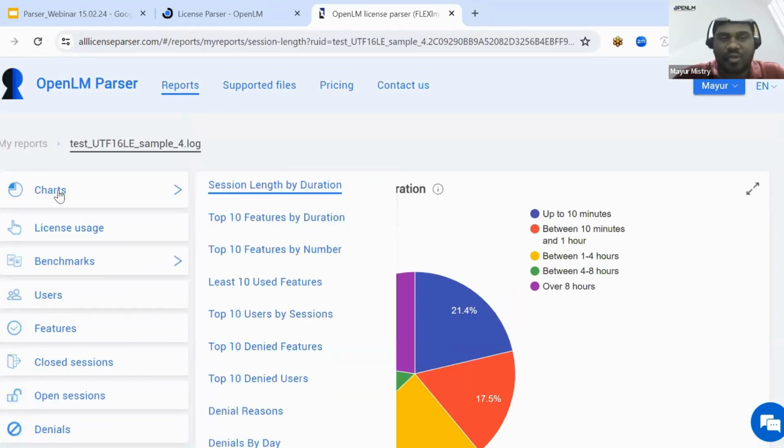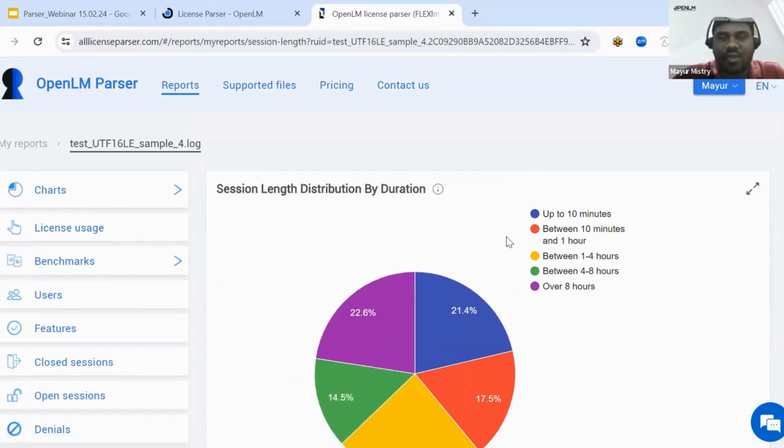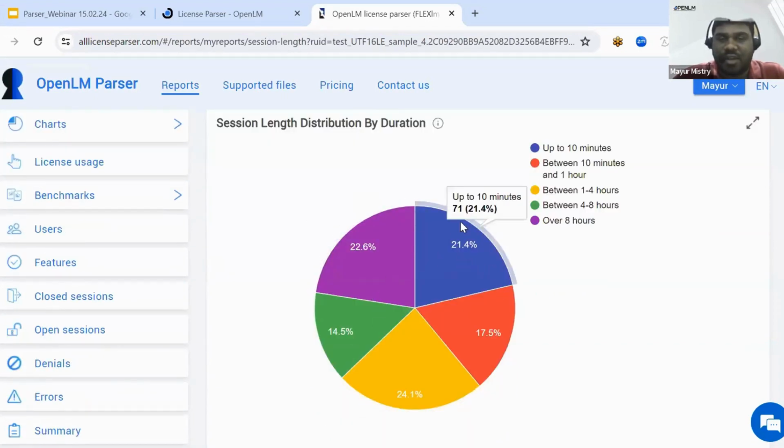So the first report, or the first visualization you see right now, is the session length by duration. What it exactly shows you is that whatever log file we provided, there would be multiple different packages or features in that log file. It is showing how much time the users used this session for, how many hours. So it is divided into percentage, like up to 10 minutes there were 71 users who were using it up to 10 minutes. Similarly for between 10 minutes and 1 hour. So this is a graphical